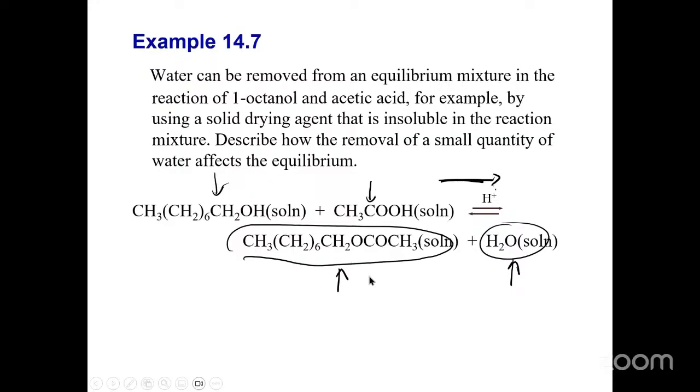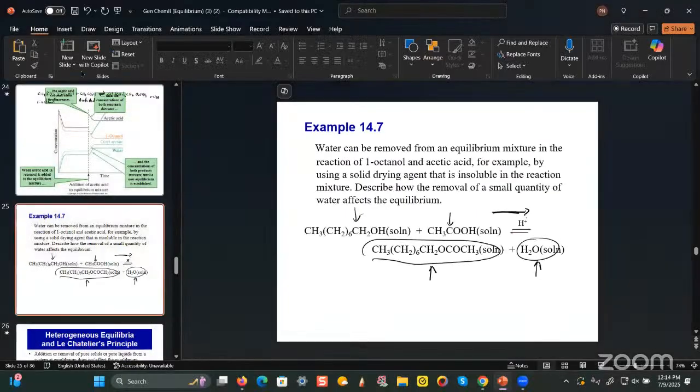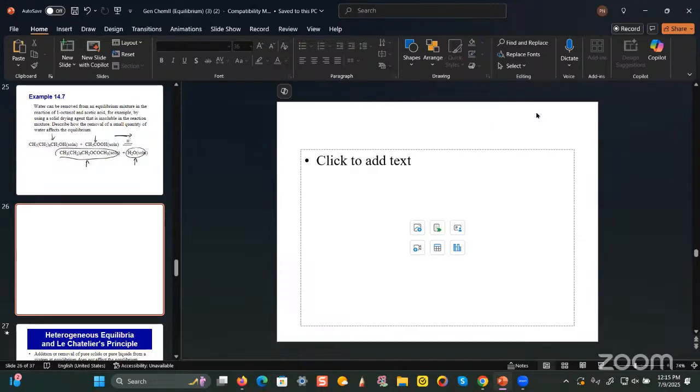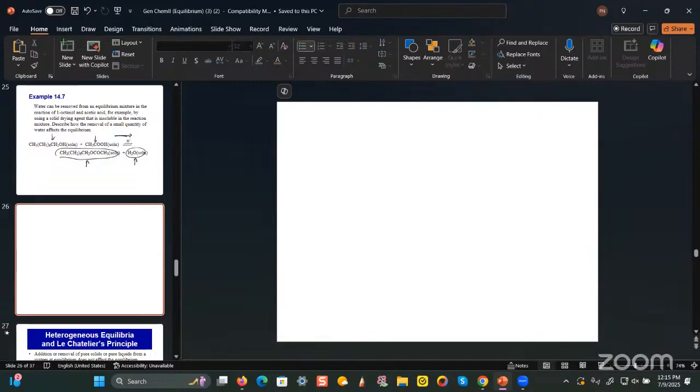You know what, let me just create a blank slide here, because I want to further emphasize how Le Chatelier's principle works. So let me introduce a slide. If you recall, the Haber process is used to make ammonia. And the equation for this reaction is N2 plus H2 to give NH3. And to balance this, we need a 2 here and a 3 here, right?